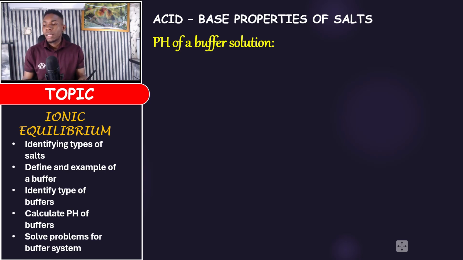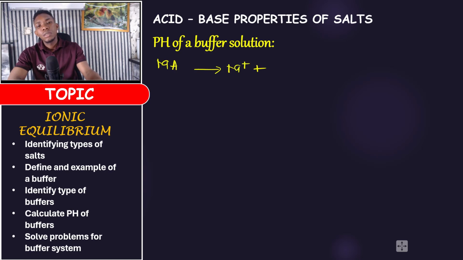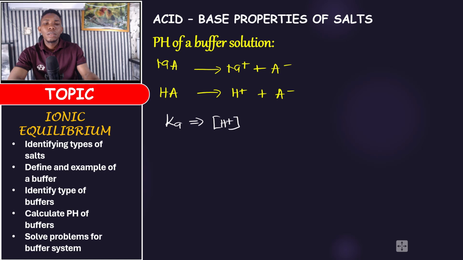It's very easy. Now, let's consider a mixture of a weak acid and its salt. Now, if the salt dissociates completely, this is a salt, it will give M plus and A minus. Now, if this is the acid, HA, if it dissociates, it's going to give us H plus and A minus. Now, if we want to use equilibrium, calculate the dissociation constant, acid dissociation constant, Ka, for the acid. It will be H plus and A negative divided by